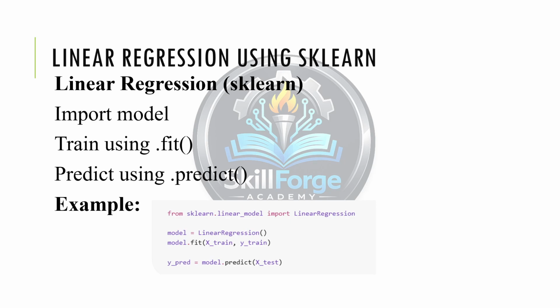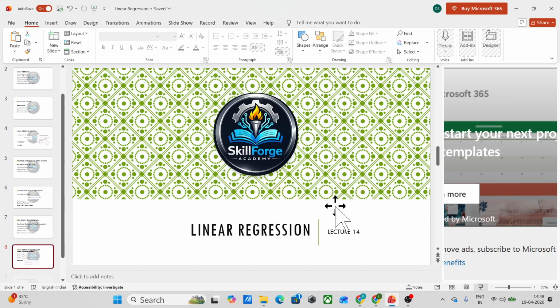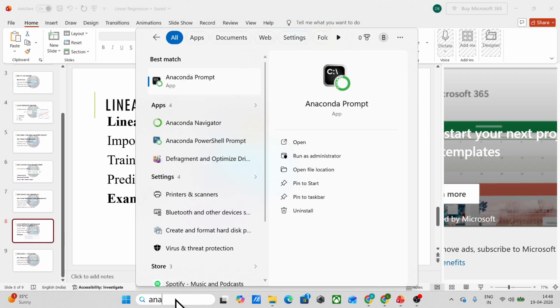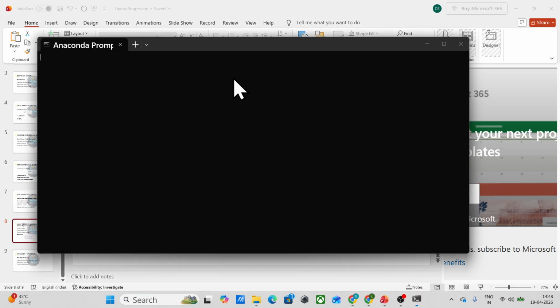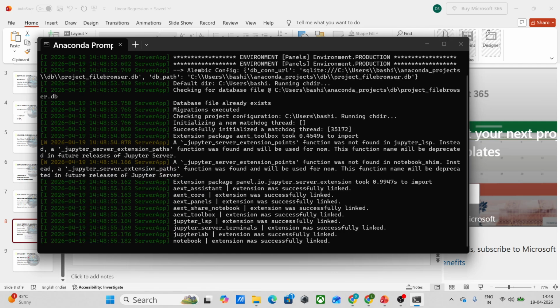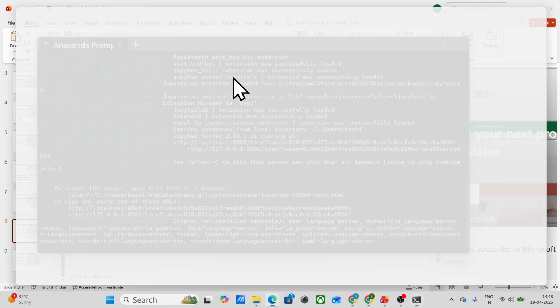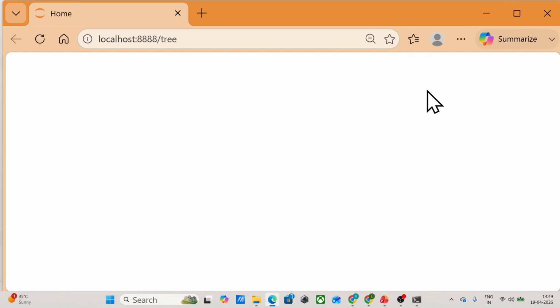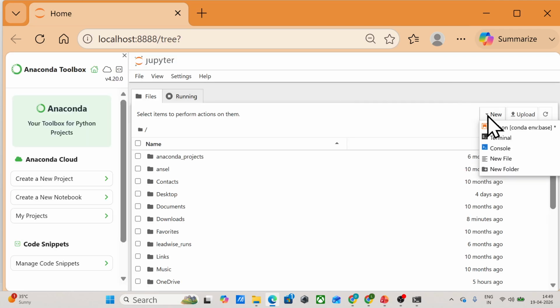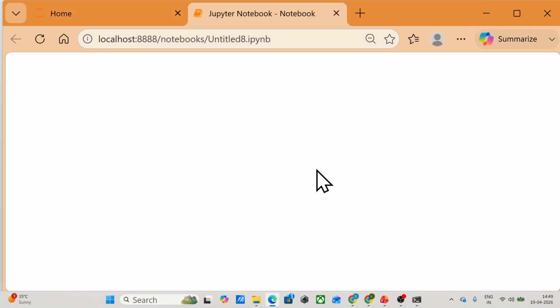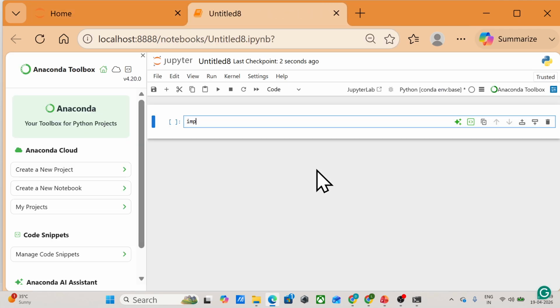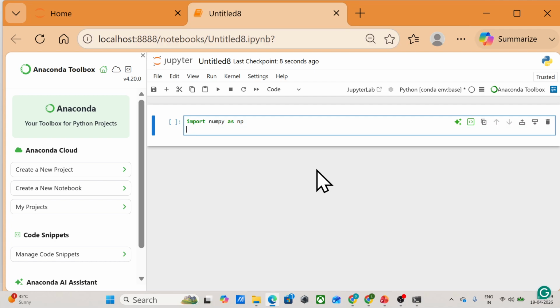Okay, so let us first open Anaconda prompt, and then we go to Jupyter notebook. Once we reach here, we will open Python. We will import the libraries: import numpy as np.